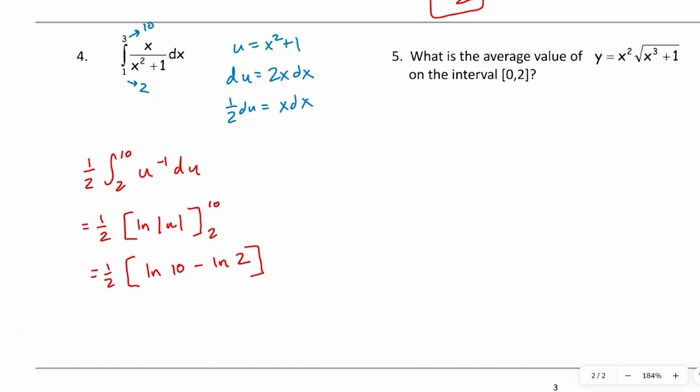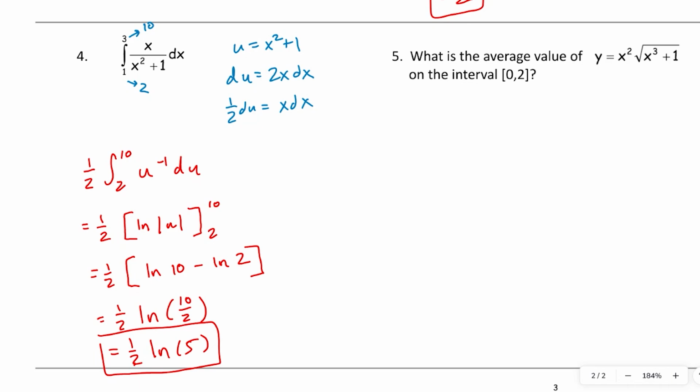5. Okay, this is using a logarithm property that says when you subtract 2 logs with the same base, you can combine them by dividing the arguments. So this is going to equal 1/2 times the natural log of 10 over 2, which is natural log of 5. So sometimes those logarithm properties are going to come up. Just be ready for